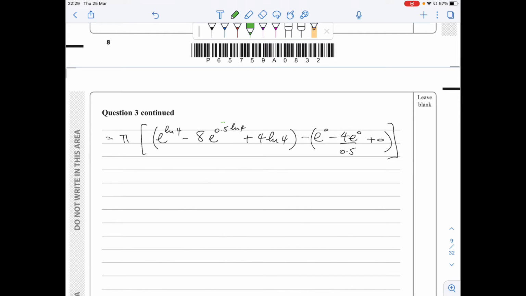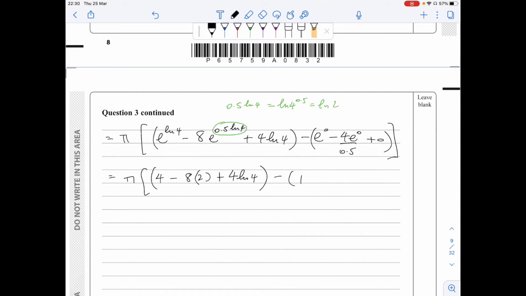Now note this here, 0.5 ln 4 is equal to ln 4 to the 0.5, which is equal to ln 2. So I get pi times (e to the ln 4 is 4 minus 8 times e to the ln 2 is 2 plus 4 ln 4)